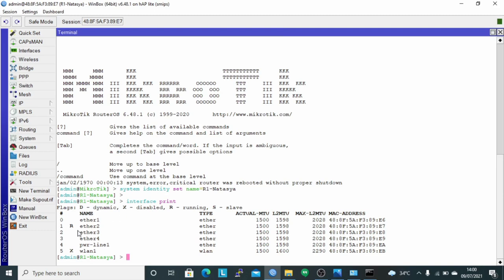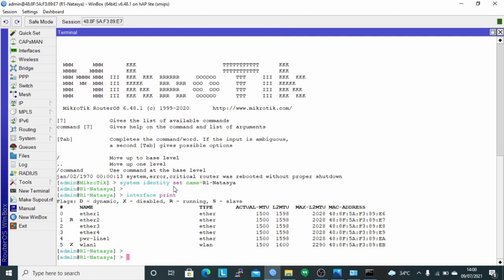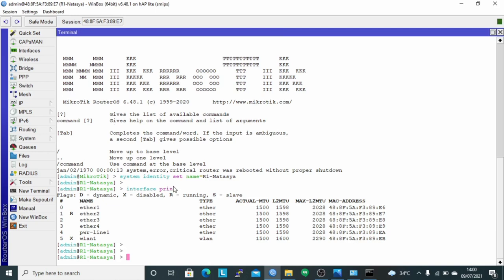It appears that the router uses the Ether2 interface to connect to the client. Then create an IP address for the router using interface Ether2 with the command IP address add address.